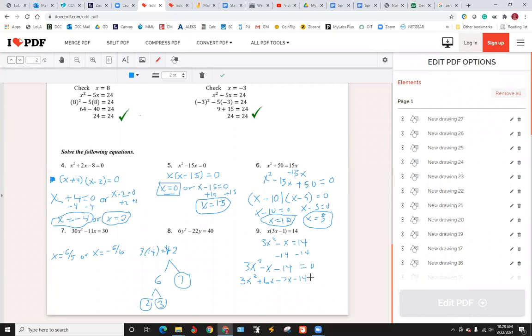And I don't know if you see in the strategy that I'm doing, it really does not matter because we could have put the negative 7x first and then the 6x second. I thought I had showed you that last week, that it doesn't matter how you line those numbers up. It's going to switch the repeating factor. I just do this because I know that 3 and 6 have the same factor. So 3x